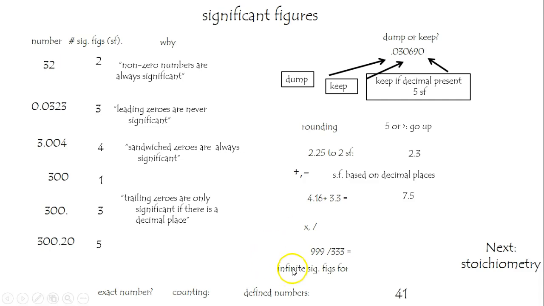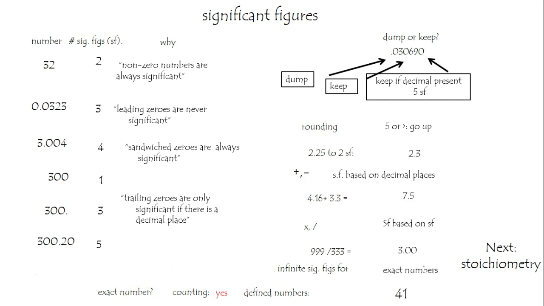For multiplying and dividing, we keep the fewest number of significant figures, not the fewest number of decimal places. Therefore, this number, students always say, hey, that's exactly 3. Well, it's not exactly 3. It's 3 to 3 levels of precision, if you will, meaning that we have 3 significant figures. Each one, the least number of significant figures, regardless, would be 3. We're going to report it to 3 significant figures, meaning 3.00.